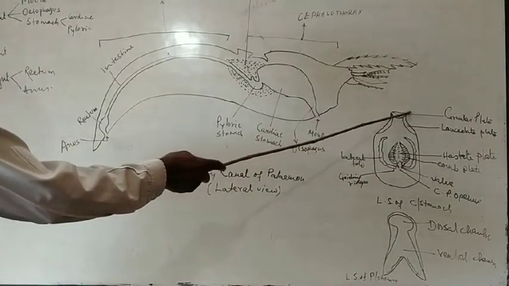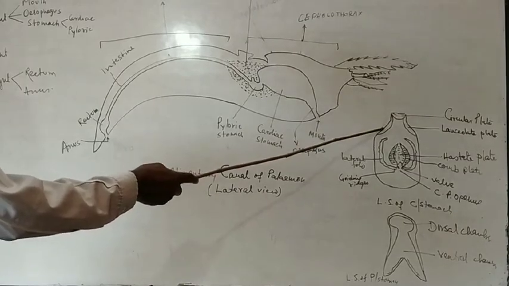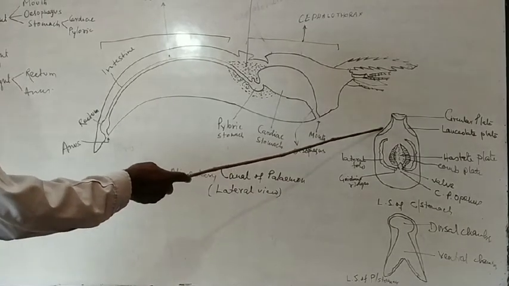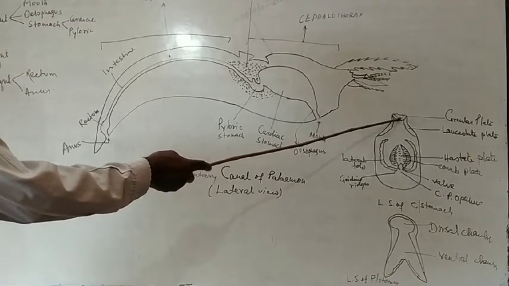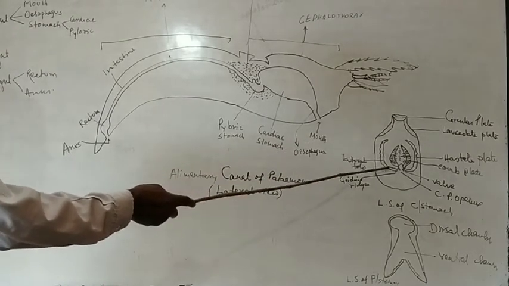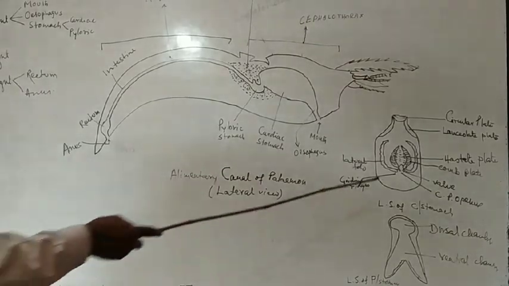Cardiac circular plate is present at the top zone, lanceolate plate is present below the circular plate, and at the middle part of the stomach is the Harsted plate,